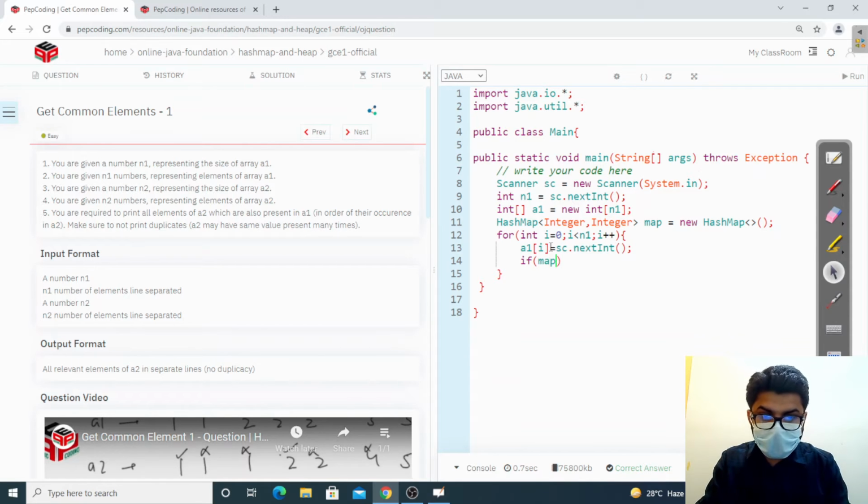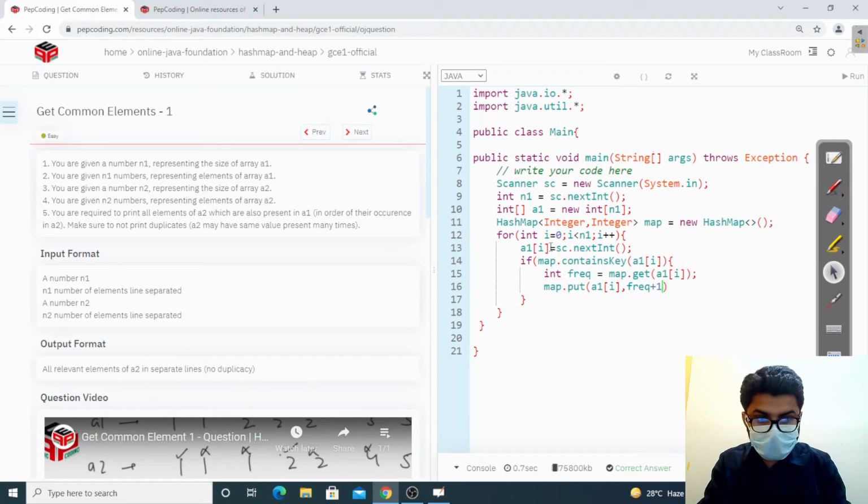If map.containsKey(a1[i]), if it already contains it, I'm going to get the frequency. This frequency is equal to map.get(a1[i]), and I'm going to update the frequency by map.put(a1[i], frequency + 1).